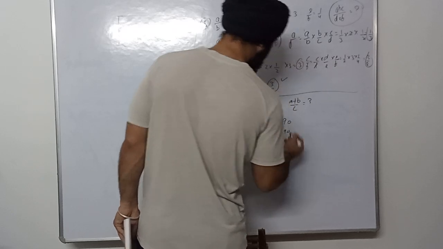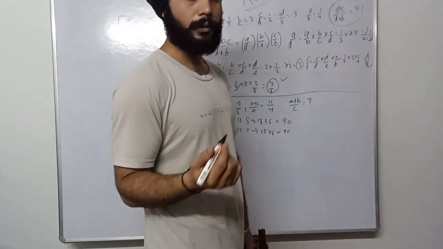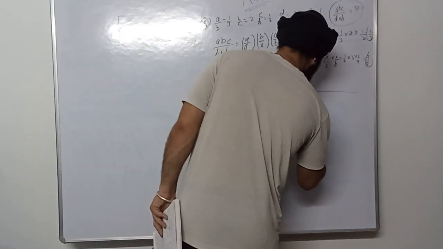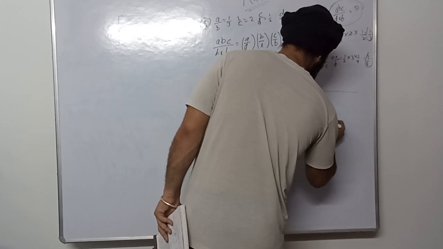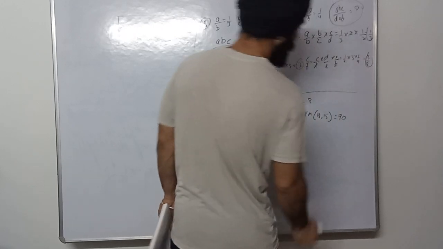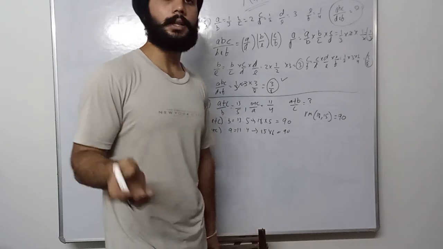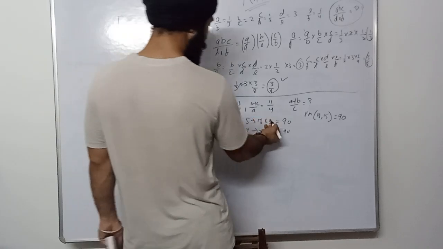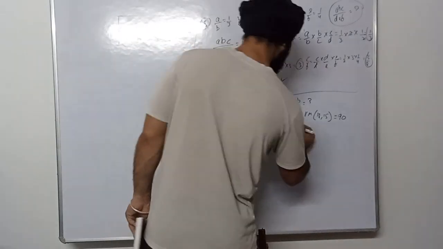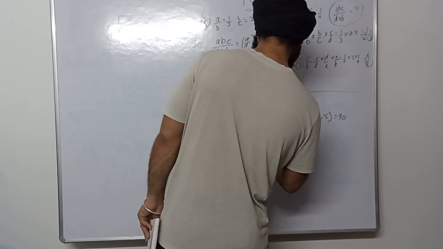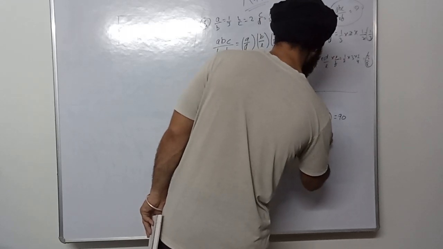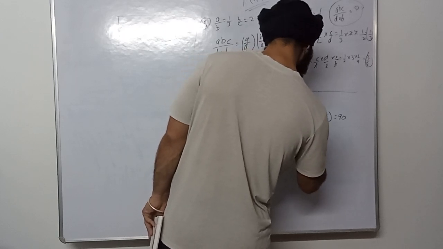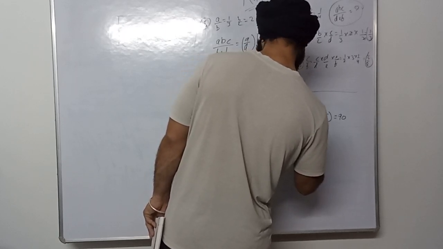So how did I get to know that I have to multiply with 5 and 6? For that we have to find the LCM of 18 and 15 and it will be 90. So 90 divided by 18 is equal to 5 and 90 divided by 15 is equal to 6. So we got to know that we have to multiply these values with this. So if it's getting multiplied by 5, the exact value is going to be ratio 25 and this value is going to be 54. Oh sorry,